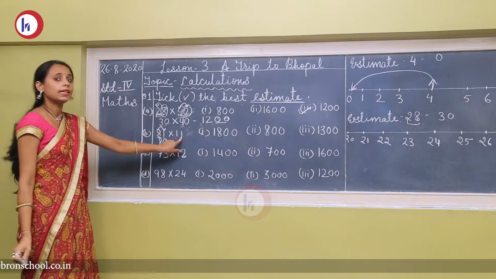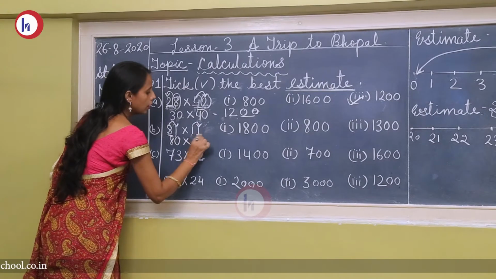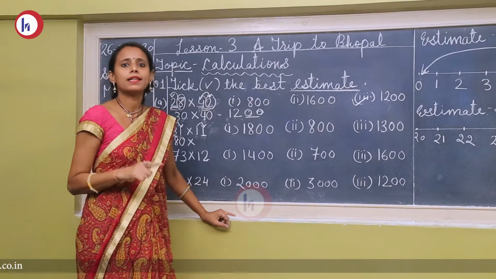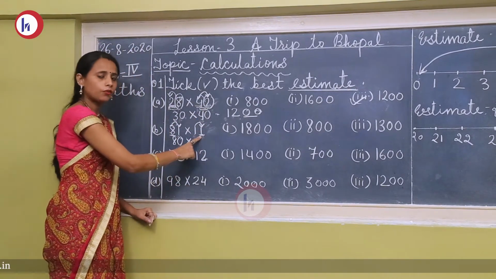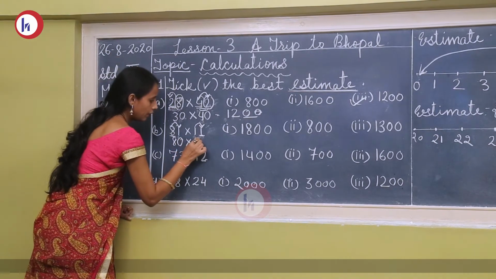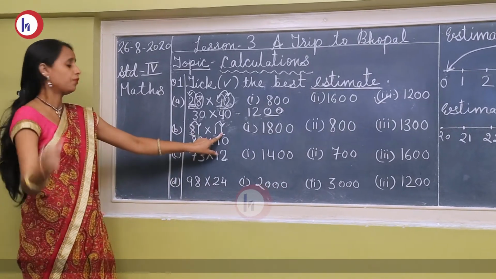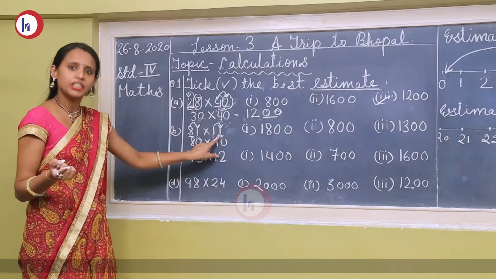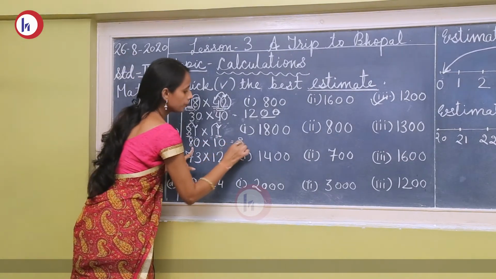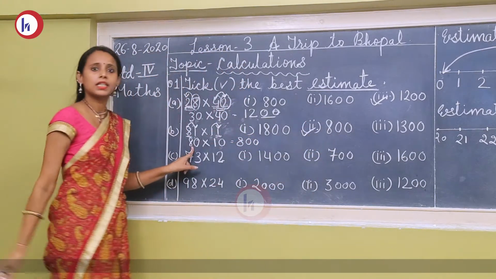Then here is 11. See the first digit and then the right digit of 1. It is 1. Is it more than or less than 5? Yes, it is less than 5. So will it be increased or not? No, it will not be increased. So here will be 1 and here will be 0. Remember one thing, the digit we look at will be changed into 0. So 80 multiplied by 10 is equal to 800. So here this option is correct.